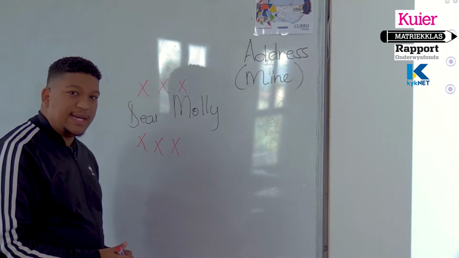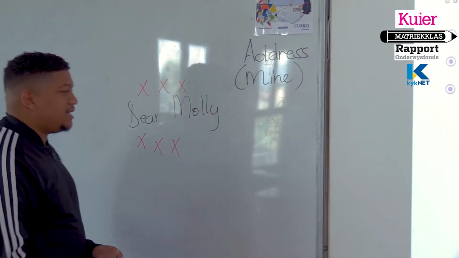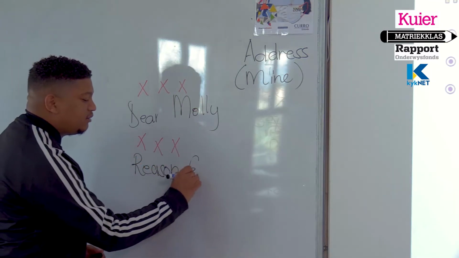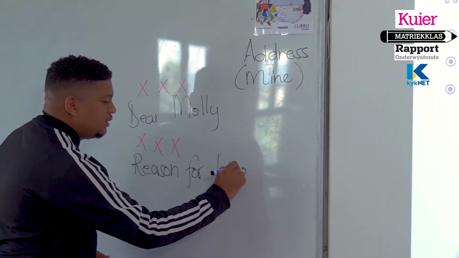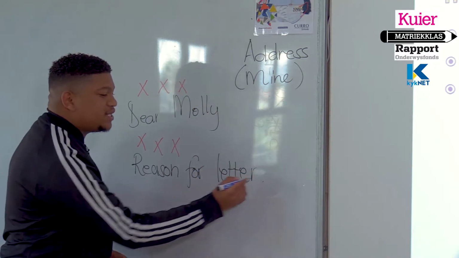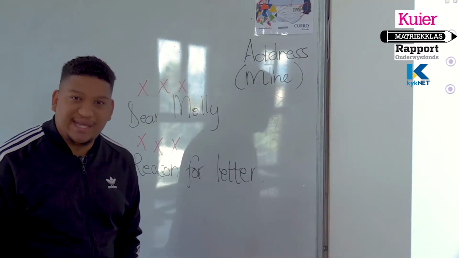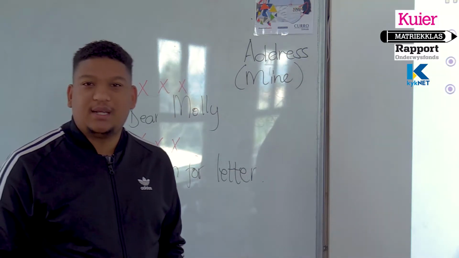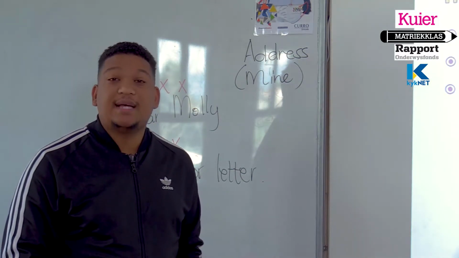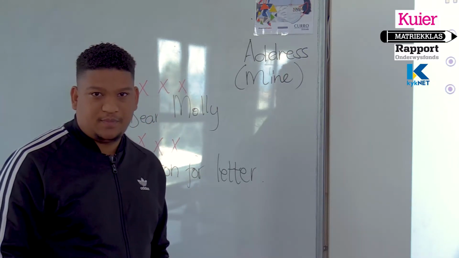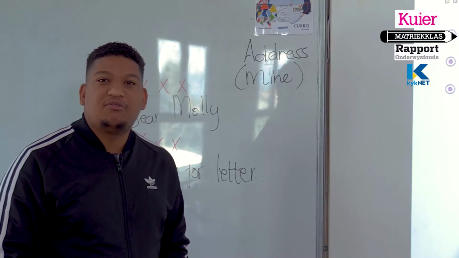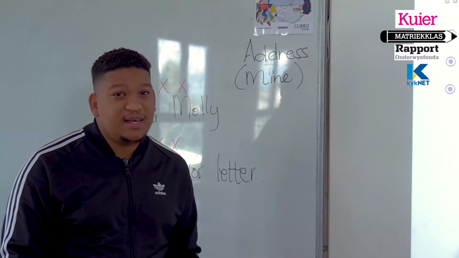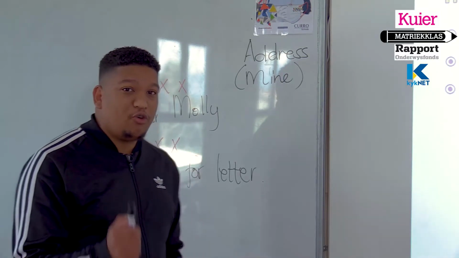But now, I need to start this letter. So in my introductory sentence is my reason for the letter. Grade 12, your reason for the letter is derived from your topic. Please do not write your letter and say the reason for my letter. Tell dear Molly, and then you start by telling Molly, I haven't seen you in a very long time. I trust you are well. And then you say, I'm writing this letter to find out whether you will be joining me at my 16th birthday party. That is my introduction. So the format is important.